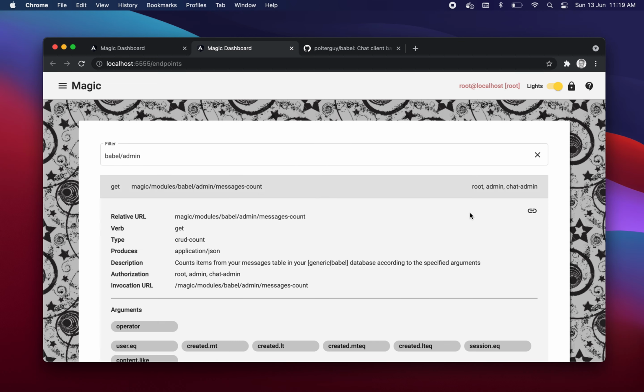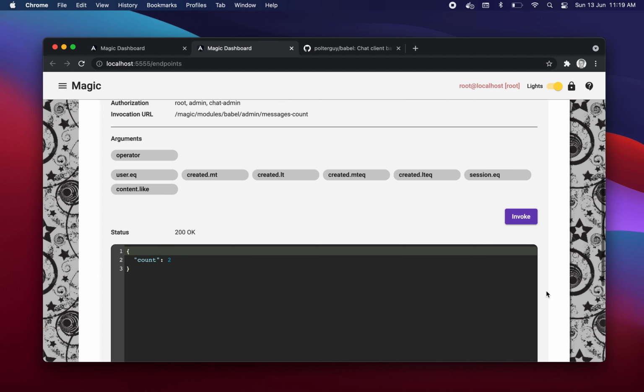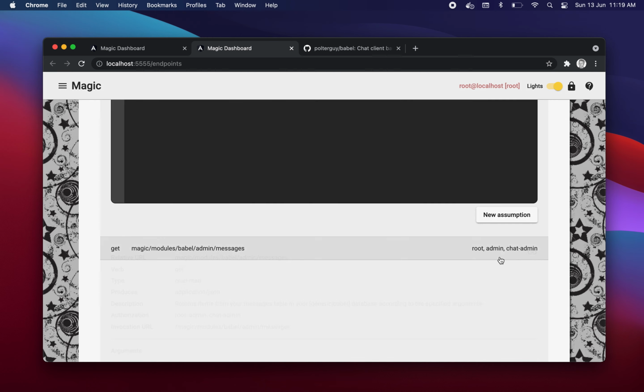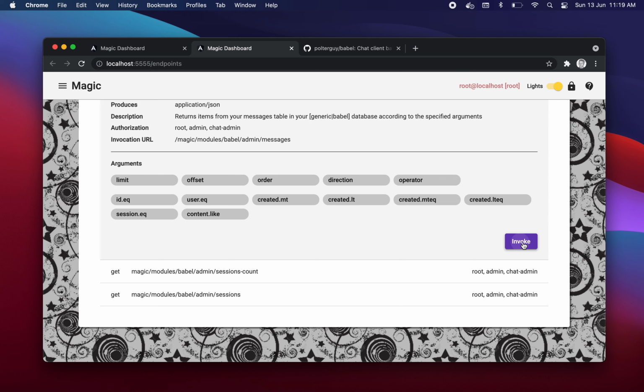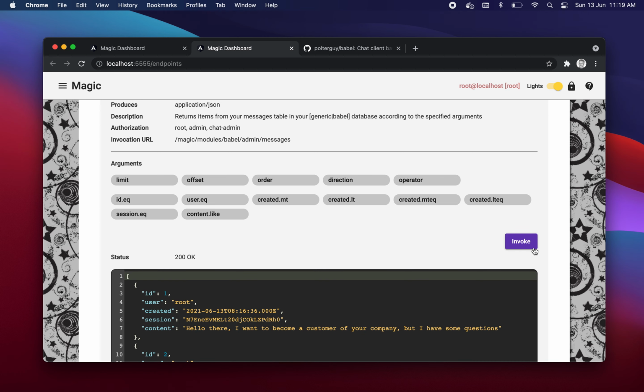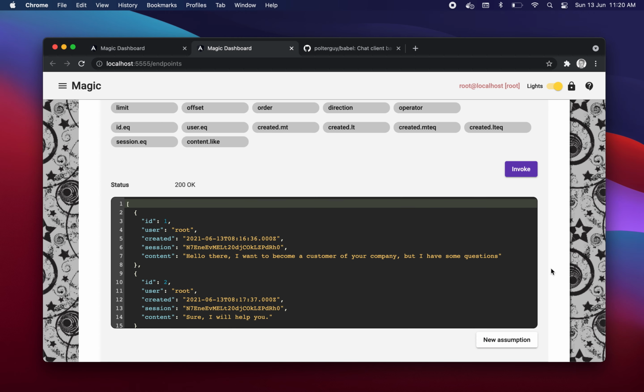And we can go to the messages. We can count messages. Of course, there's going to be only 2. And we can retrieve messages. Now, these endpoints also allow you to filter, right, according to session, according to username, according to everything, actually providing you with something you can easily integrate into your CRM,